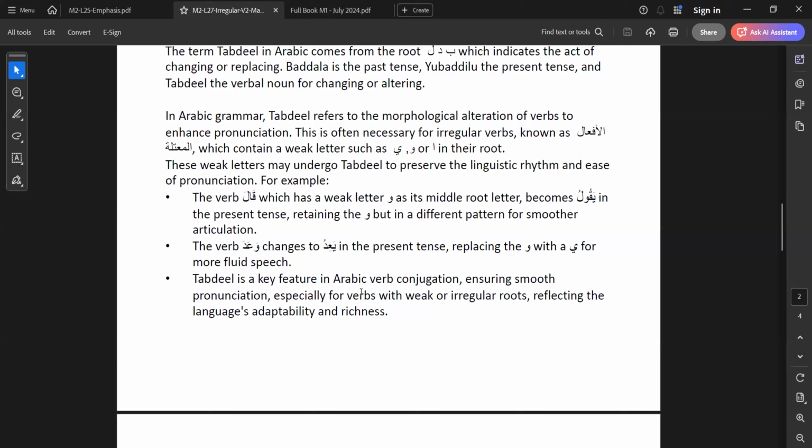Sorry, you said the reason is we have to clarify here. Mahmuz has the hamza. That's right. So the wow or ya, and ya, wow, and alif. That's right. So the mu'tal has subcategories based on the position of the weak letters. The abbreviation or the letters that we remember is MANL. M stands for